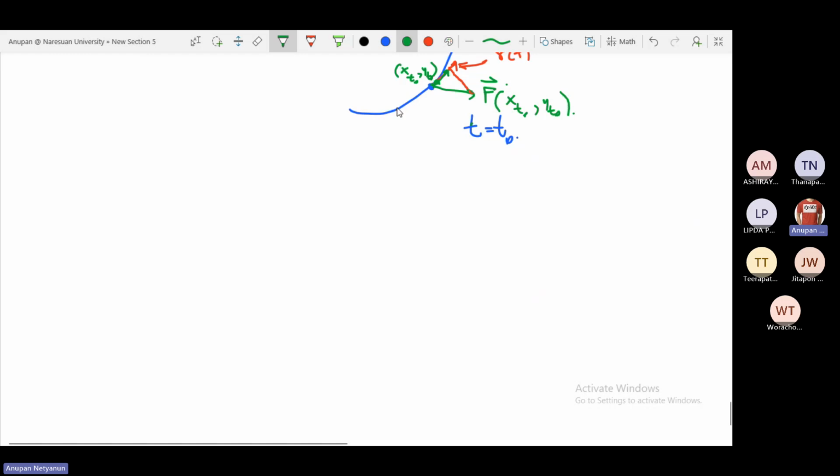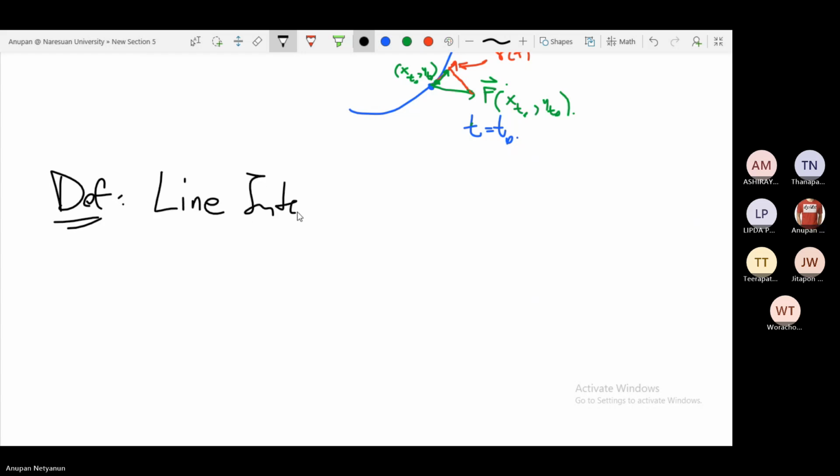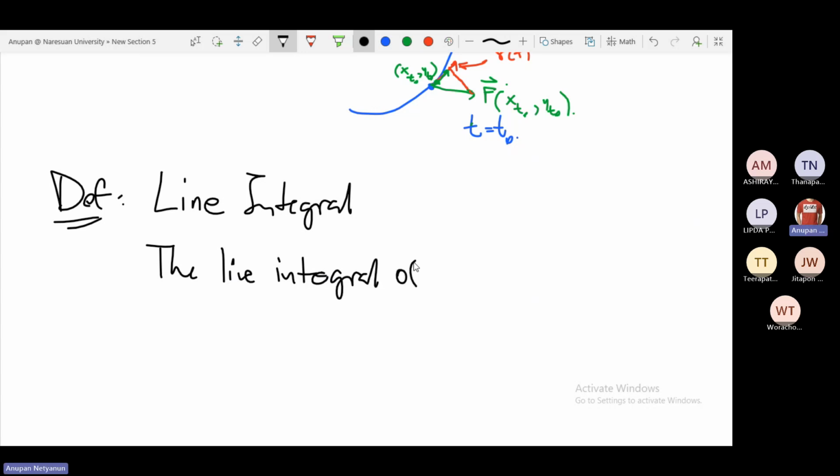Let me give you the definition of line integral, which is: the line integral of a vector function f